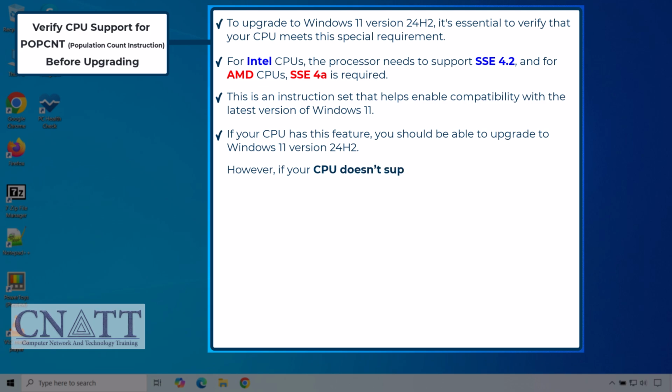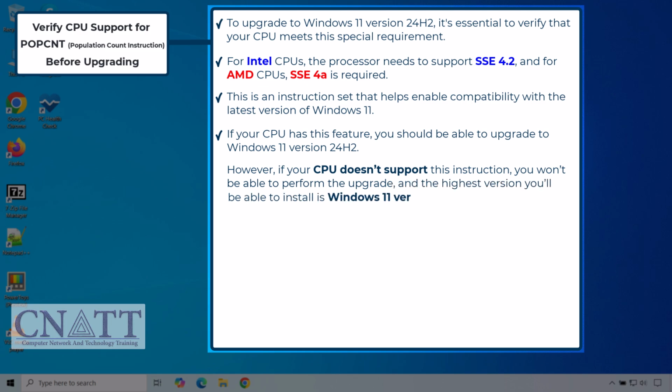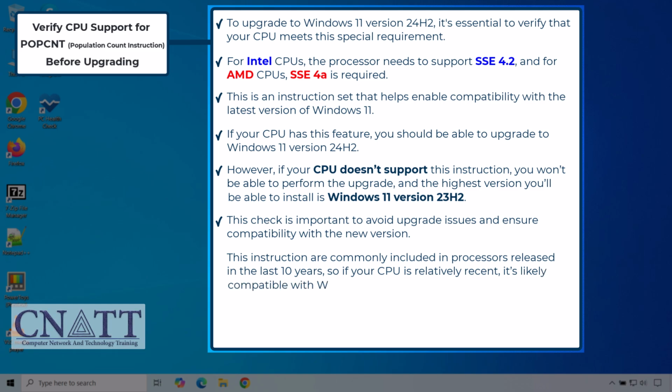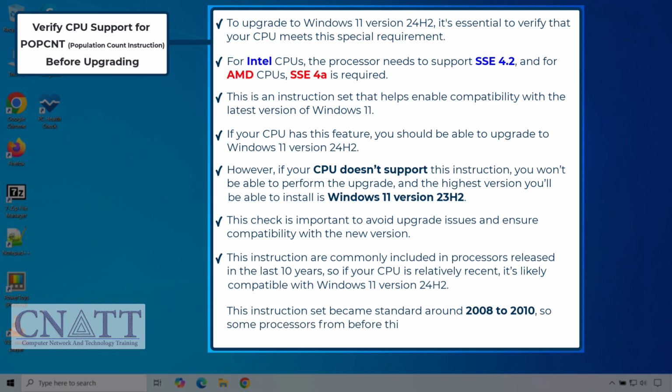However, if your CPU doesn't support this instruction, you won't be able to perform the upgrade, and the highest version you'll be able to install is Windows 11 version 23H2. This check is important to avoid upgrade issues and ensure compatibility with the new version. These instructions are commonly included in processors released in the last 10 years, so if your CPU is relatively recent, it's likely compatible with Windows 11 version 24H2. This instruction set became standard around 2008 to 2010, so some processors from before this period may lack